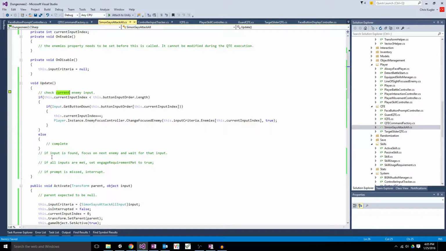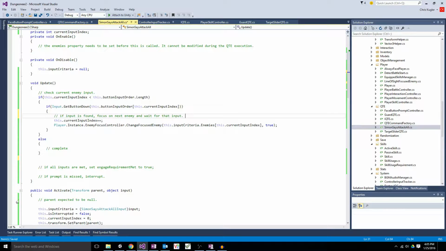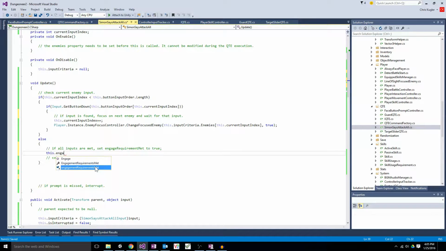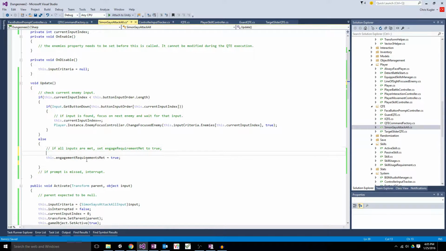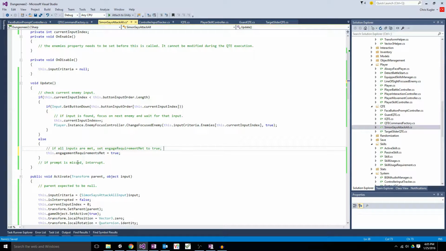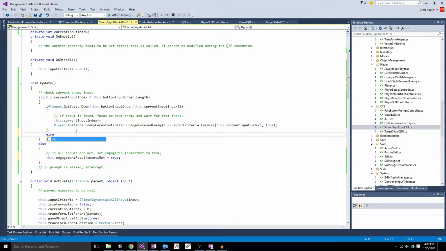So we're checking the current input. If the input's found, focus on the next enemy for that input. If all inputs are met, set engagement requirement to true. If the prompt is missed, interrupt. So we are complete on that. If any prompt is missed, so Input.GetButtonDown, that, else,